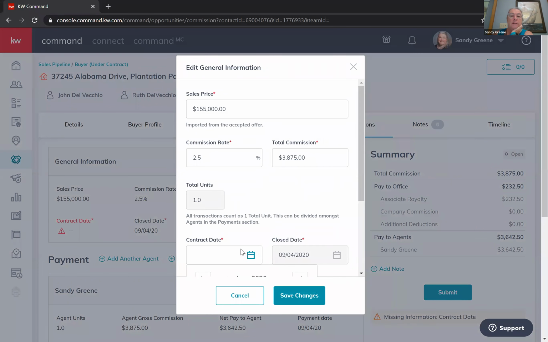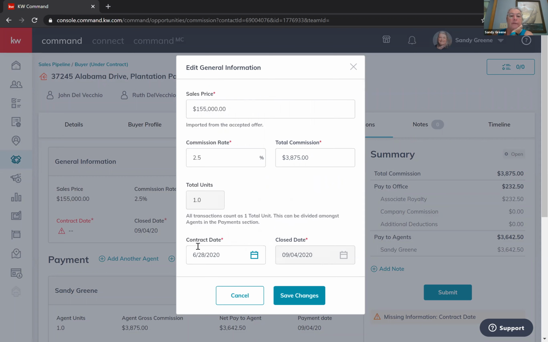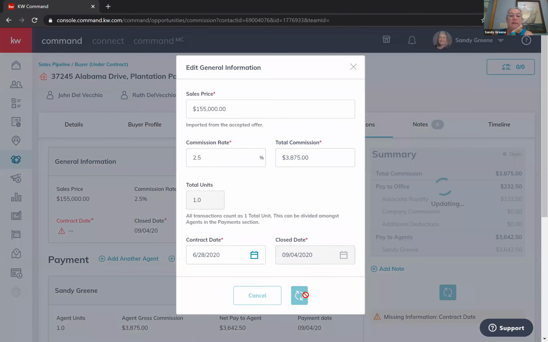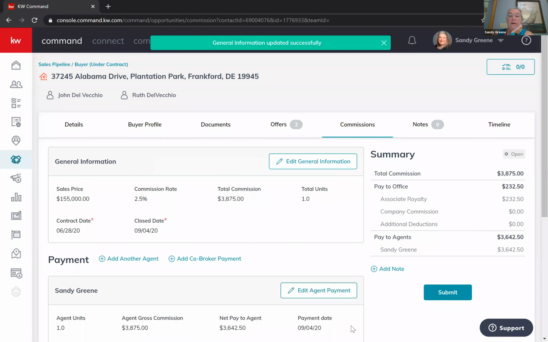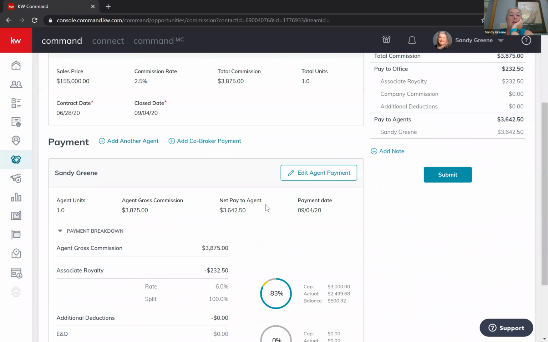I wrote this on Sunday. What was Sunday? The 28th. And I'm going to save my changes. And my error message is gone. And it also tells me that the general information was updated. Now, the next thing we're going to look at is